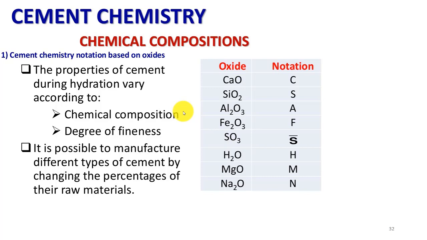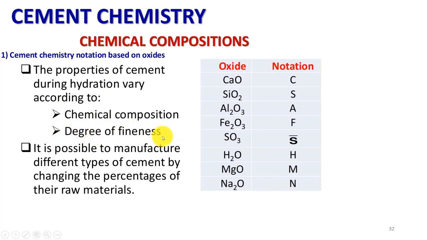If the particle size is allowed to have a very large size, then it might help to form a low heat cement. So the property of a cement depends on both, chemical composition and